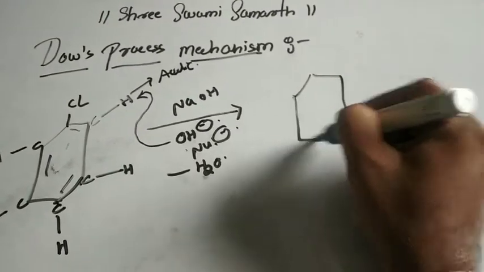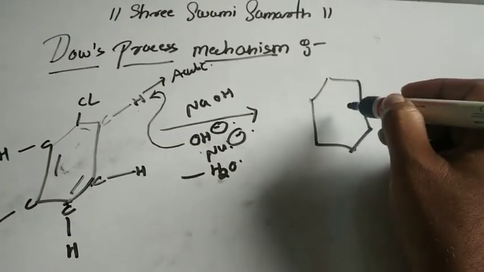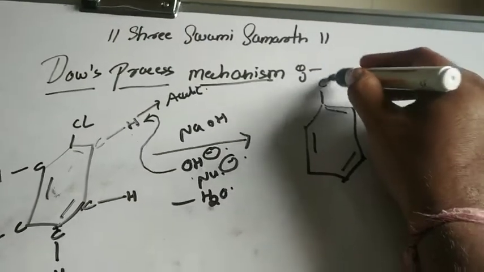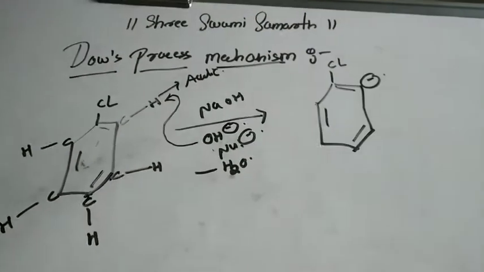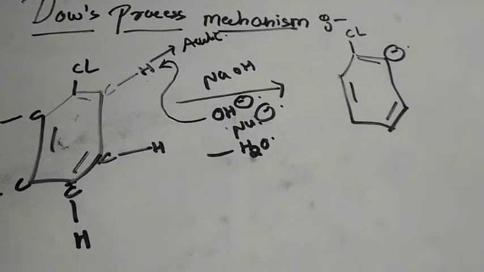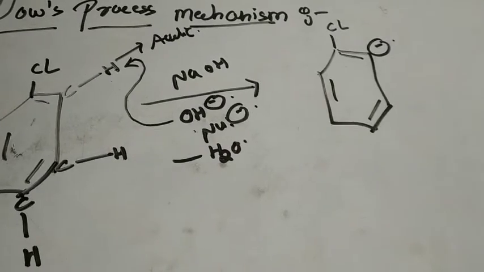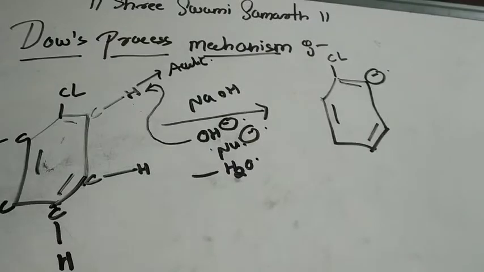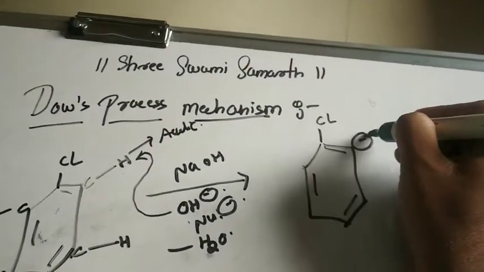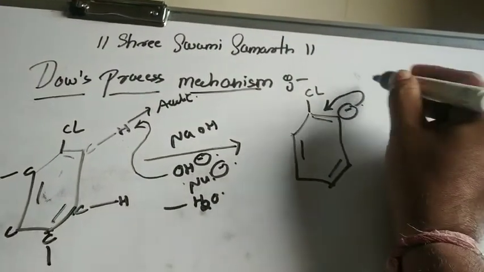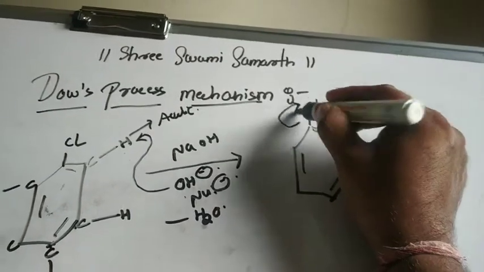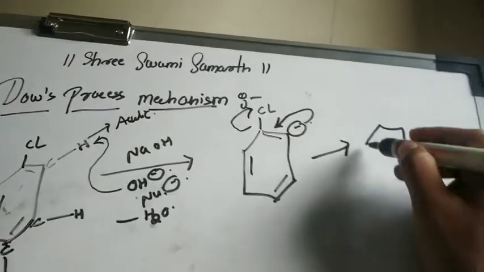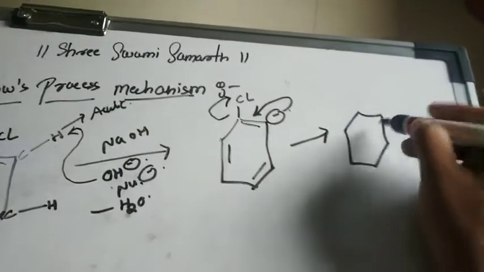You can see in the next step, this is the benzene ring, then this is the bond, and this is the chlorine atom, and the negative charge will come on this particular structure, right? So on this particular structure you can see here the negative charge will come. Okay, now this negative charge will undergo the resonance, right? If this resonance happens, then what will happen? Chlorine will take away its electron, right? Then in the next step you can see such kind of an arrangement is formed.